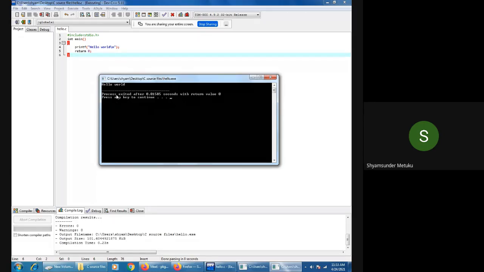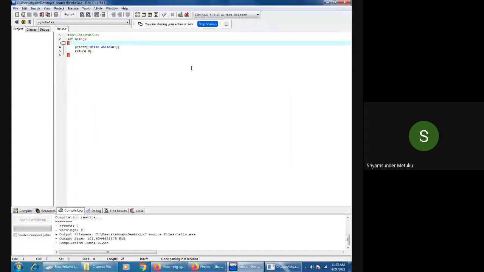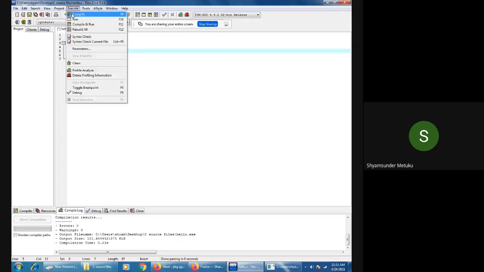I don't want to see this text. I want to see only the hello world. So for that purpose, in most programs we write one more statement. Try to remember this; later I'll explain when the topic functions comes. Just remember getch. Whenever you write getch, only hello world is displayed, and the remaining text we are not interested in seeing. So let me go back and compile and run.